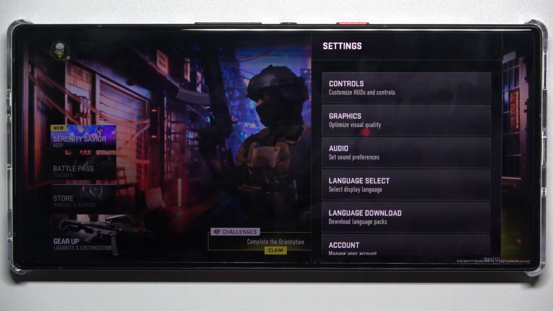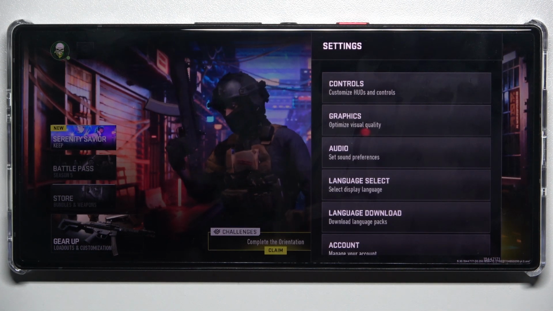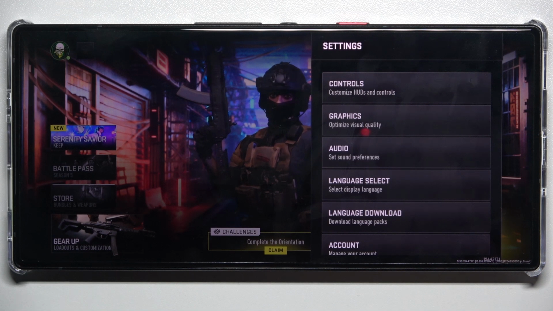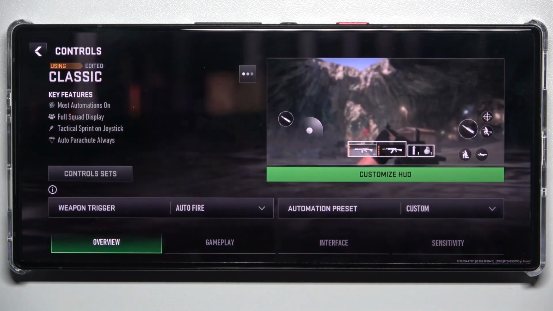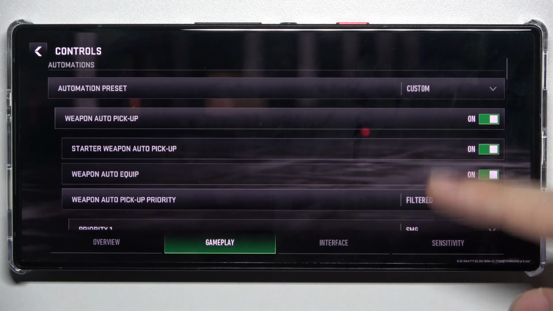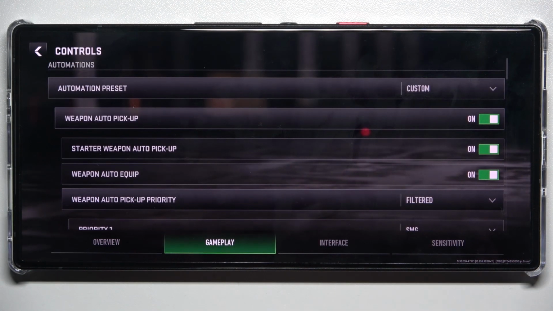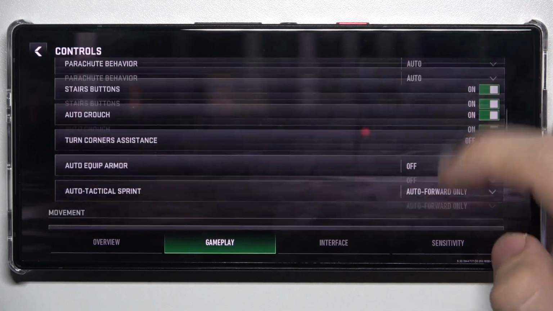If you want to restore all settings to default, you'll need to go to each one of them. I'm gonna show you how to do it. First, let's go to controls and go to gameplay, and to restore gameplay in controls to default, slide down to